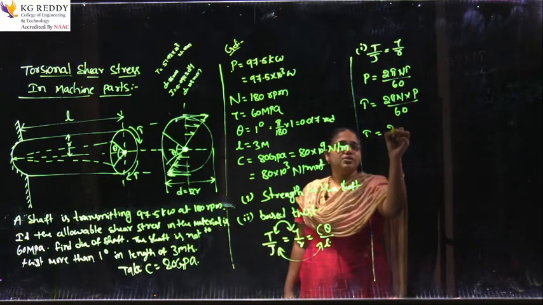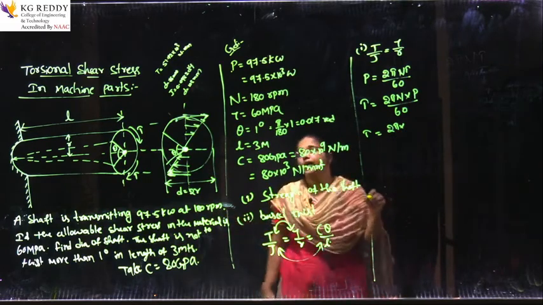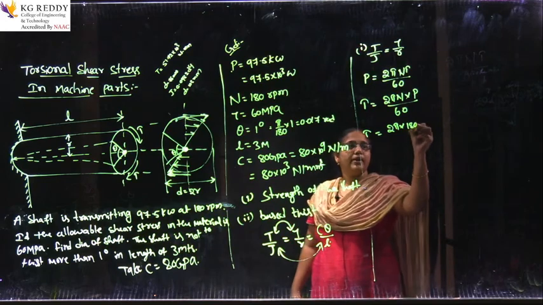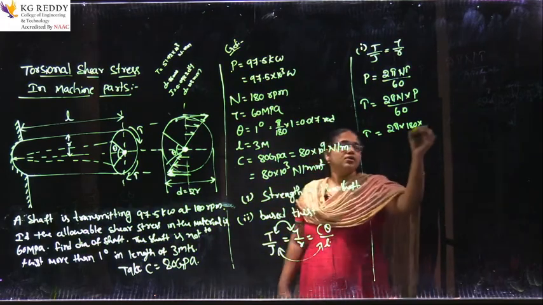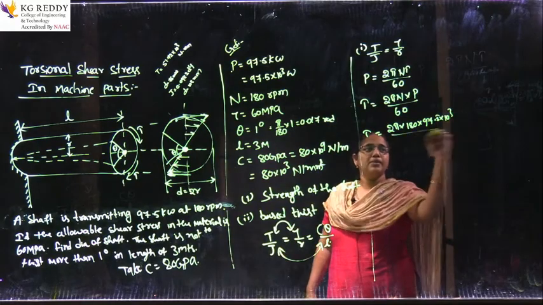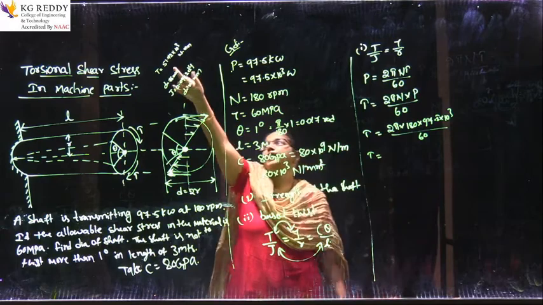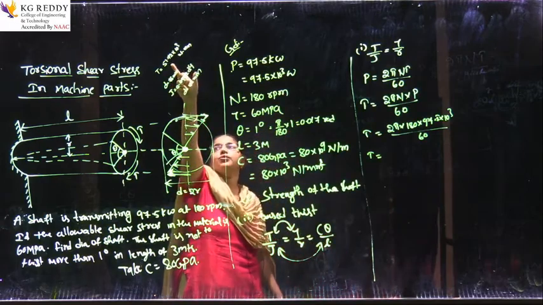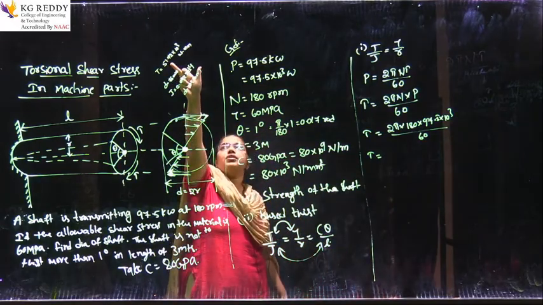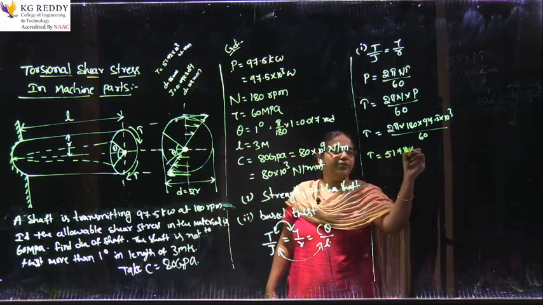Therefore T equals 2 pi into n. How much is given in the problem? So n equals 180, given. So 180 into P, that is 97.5 into 10 cube divided by 60. Therefore here I can identify the value directly. If I calculate the value, I get T, the torque, equals 5172 into 10 cube,